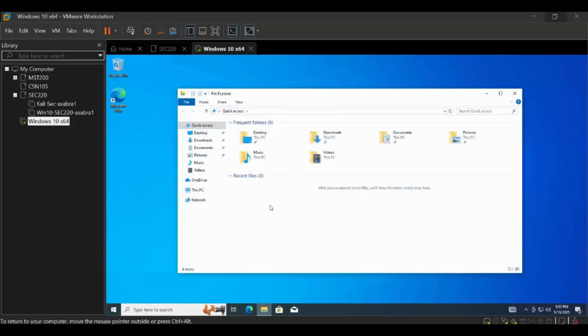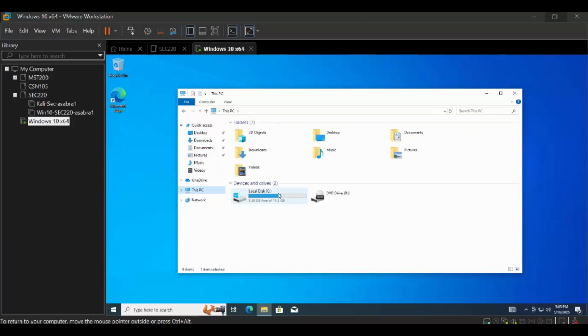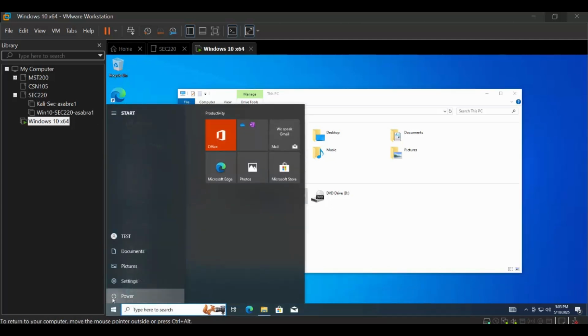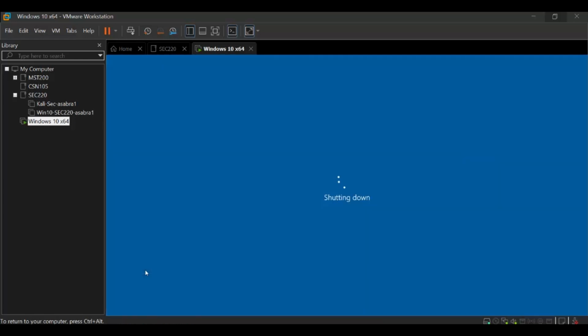Whenever you install a Windows machine on a VM and you don't have enough space, like in my situation here, I assigned 20 GB, but maybe later I found out that this is not enough for me, and I want to extend it. Since we are working in a virtual environment, it's going to be easy. We can do that. All you need to do is first shut off your machine,